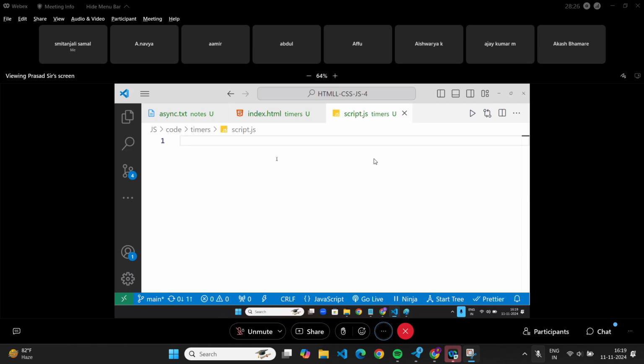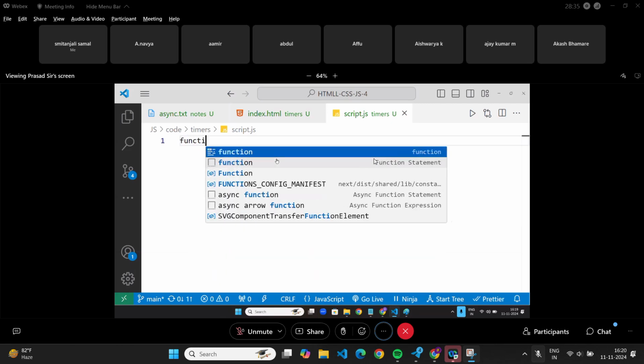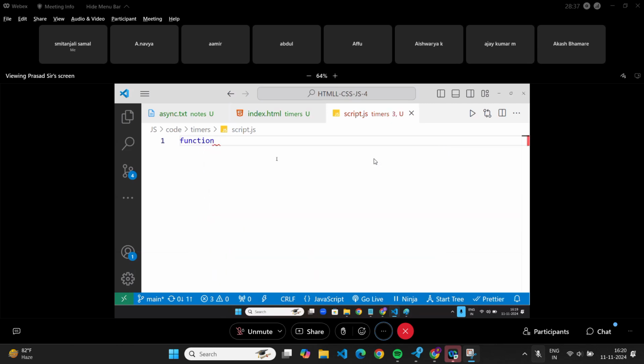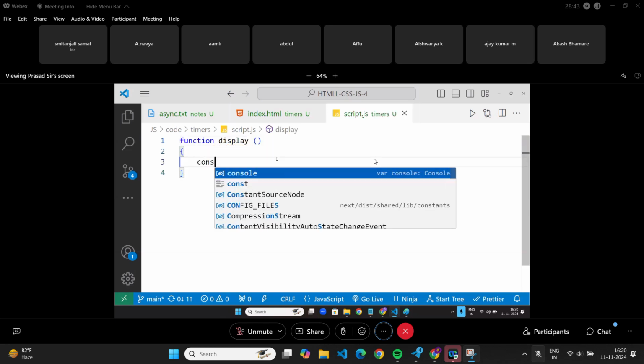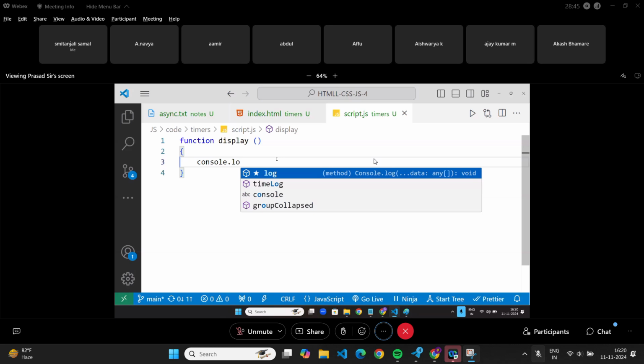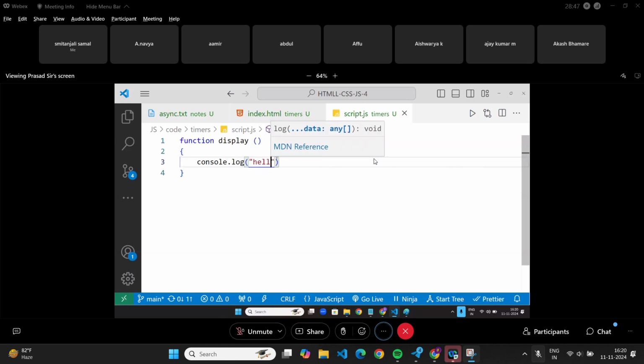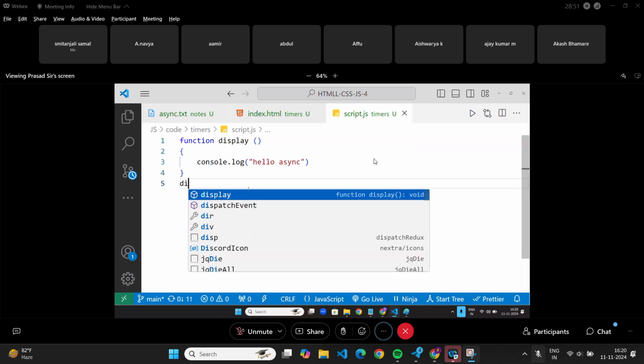They are default functions provided by browser. Now, let me write one function, display, with console.log hello async.